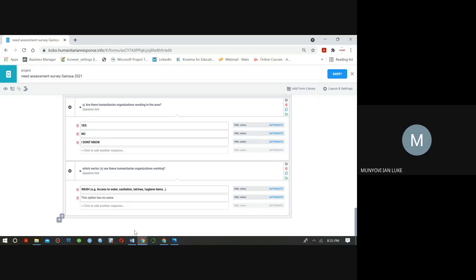Another observation we're coming up with is to what extent does the data collector play a role in this survey? Because you might be interviewing a respondent who doesn't know what you call child protection. But among the things that respondent will be giving you, you as the research assistant realize this person is talking about maybe child protection.